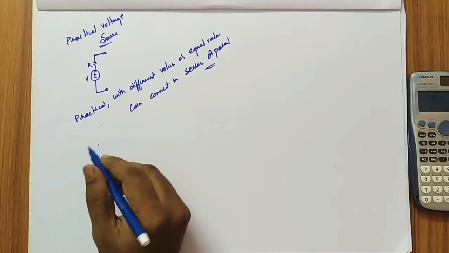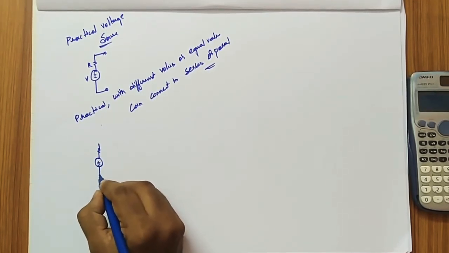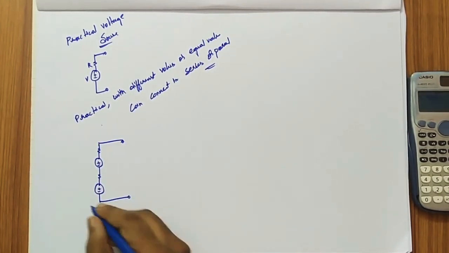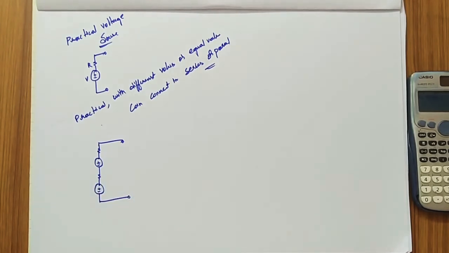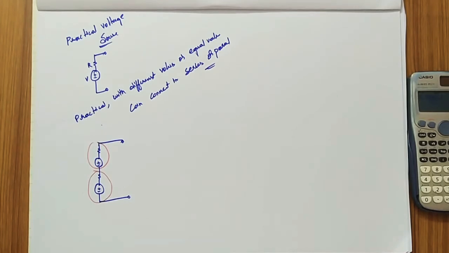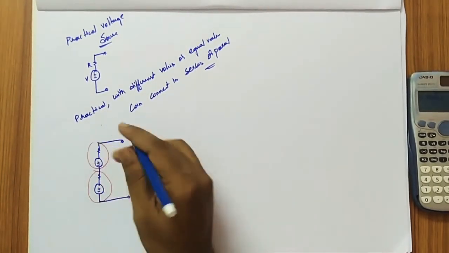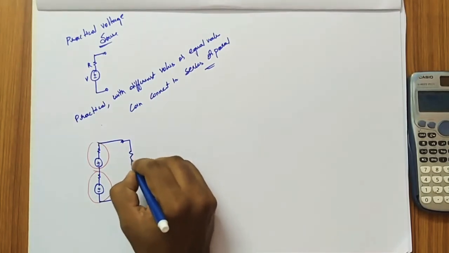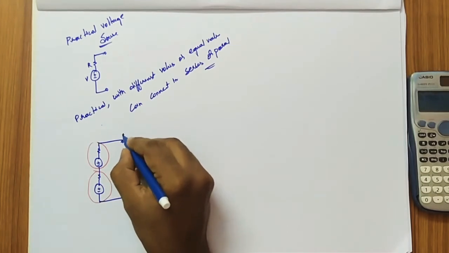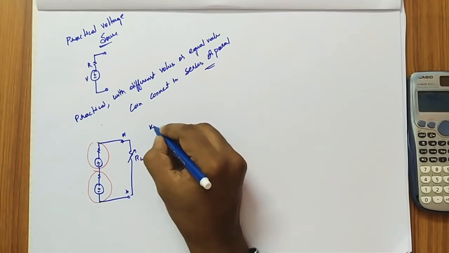So I am taking two voltage sources. This is one practical voltage source and I am taking another practical voltage source, two practical voltage sources. They can exist in parallel, they can exist in series. Whether you connect a load RL, or if you want to find VAB, there is no provision of failing KVL. KVL is satisfied.